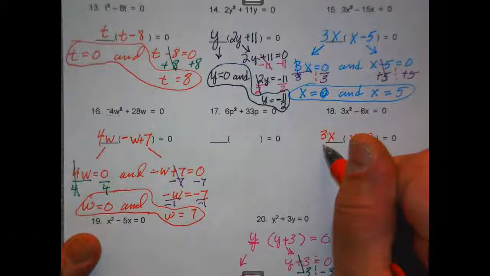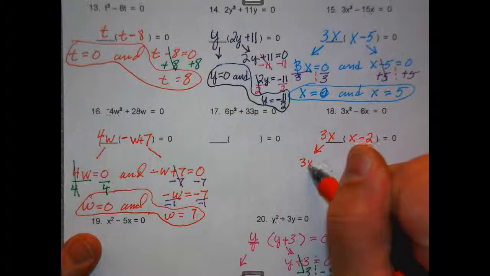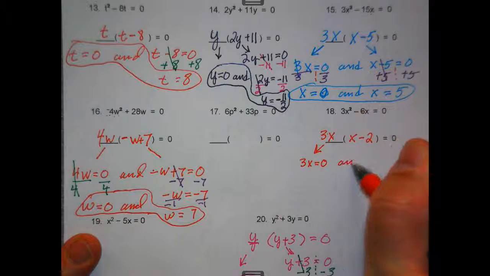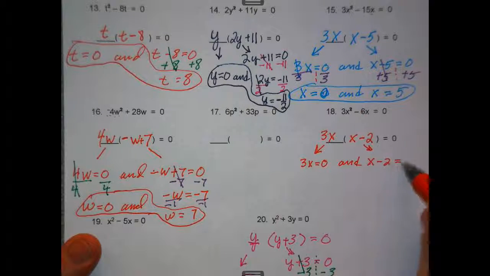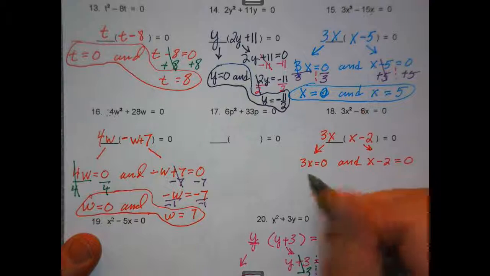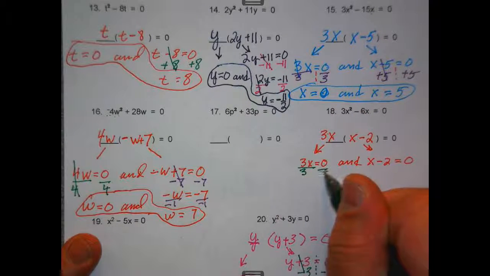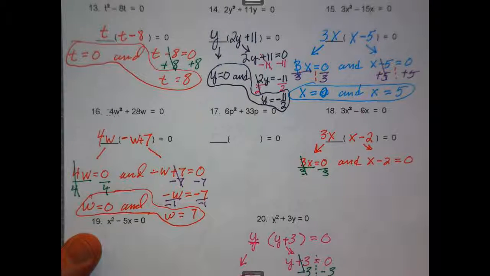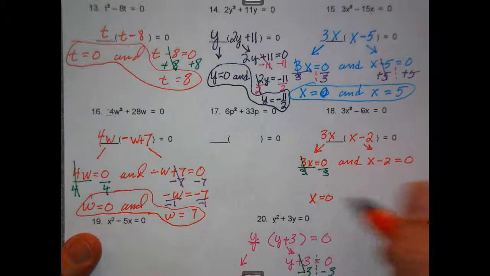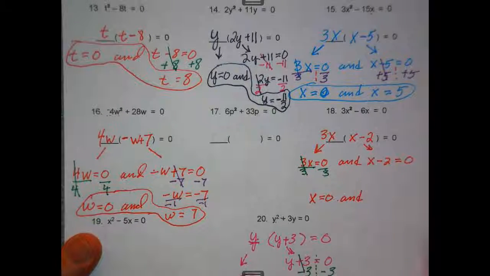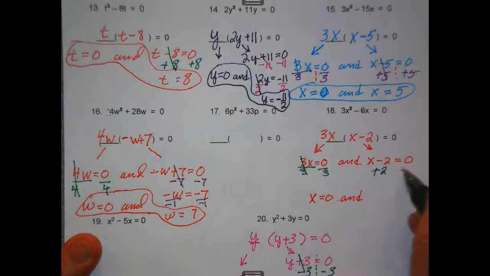Each factor equals 0. Divide by the coefficient 3. So x equals 0 over here. Yep, add 2 to both. And x is going to equal